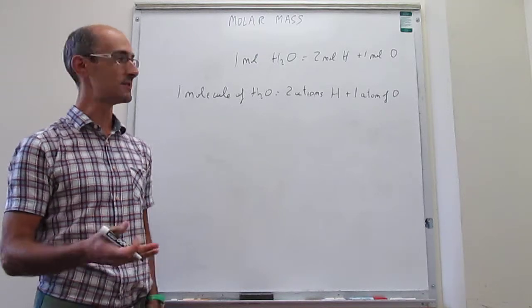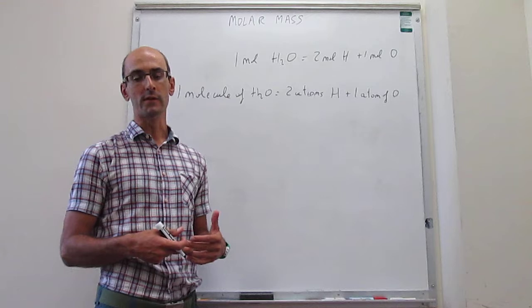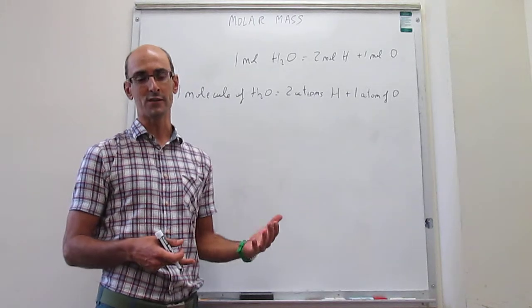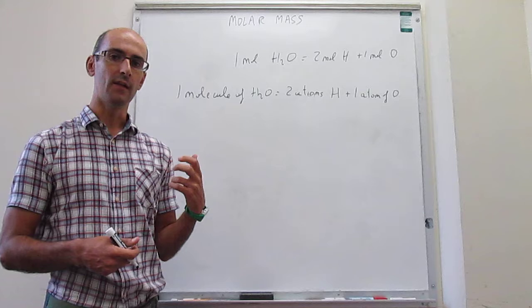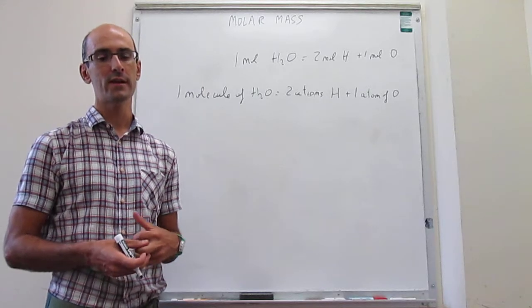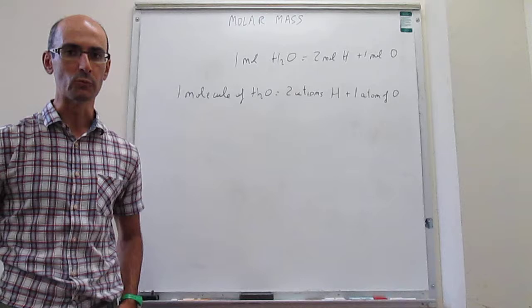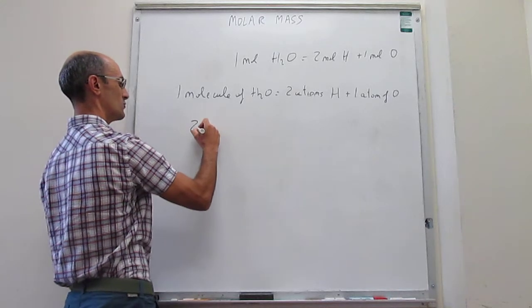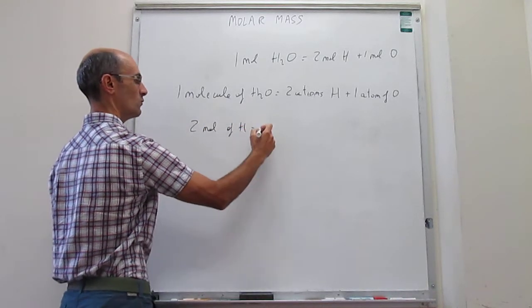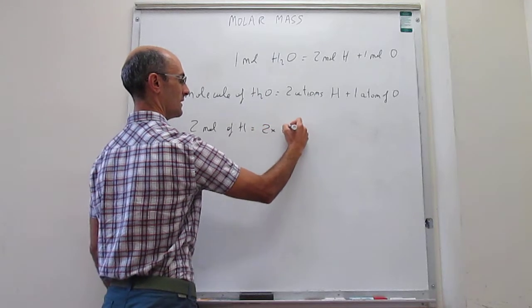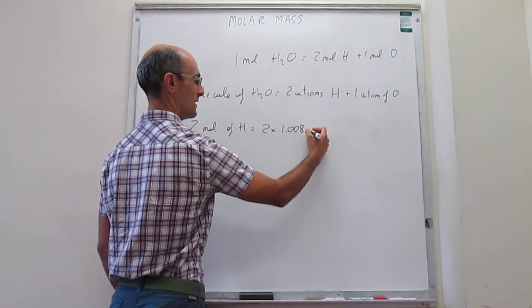Right, so obtaining the mass of 1 molecule of water would be straightforward. You just take the atomic masses of 2 atoms of hydrogen and 1 atom of oxygen. And calculating the molar mass, or the mass of 1 mole of water, we just need to take the mass of 2 moles of hydrogen atoms and 1 mole of oxygen atoms, and then add that up, and that is exactly what we're going to do. So 2 moles of H atoms would be 2 times the mass of 1 mole of H atoms, which is